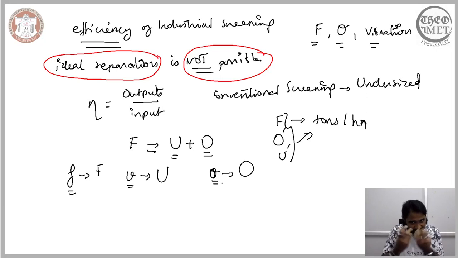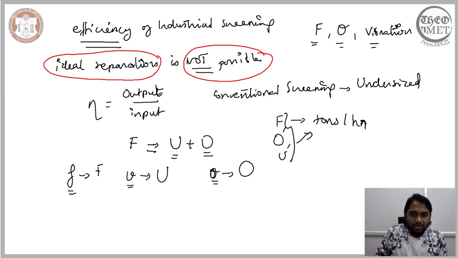The fraction is similar to the percentage, but it is not multiplied by 100; rather it is just treated as a fraction in such a way that the sum of all of these will be equal to 1. So essentially, you have a fraction of the input feed that comprises the undersized particles, and some fraction of this undersized particle is rightfully collected along with the undersized particles, and some fraction of it is unfortunately gathered up with the oversized particles.